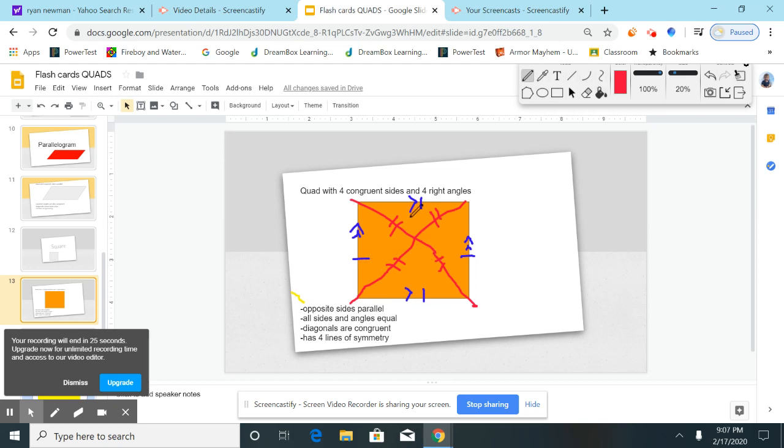So a square is also a parallelogram because we just had a parallelogram. The only definition of the parallelogram was opposite sides parallel. Opposite sides are parallel on a square also. Top and bottom parallel, left and right parallel. So a square is also a parallelogram, but a parallelogram is not a square, because it has to have all of these things to be a square. It's got to have 4 congruent sides. The parallelogram